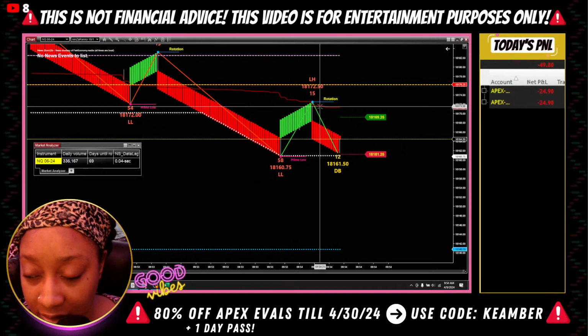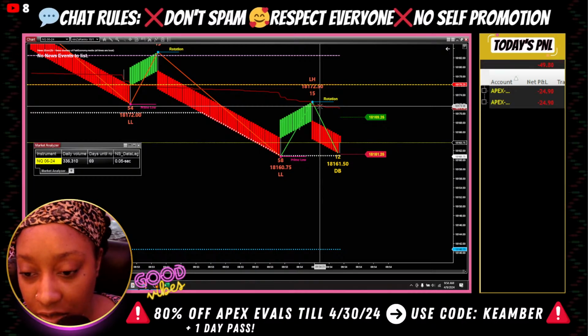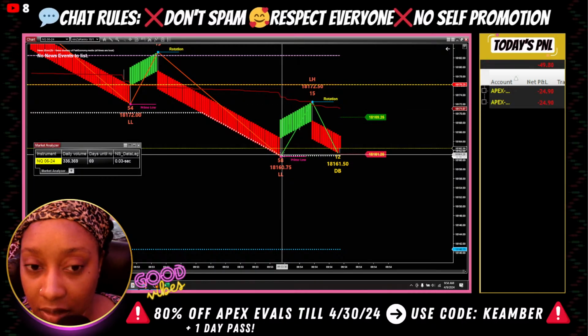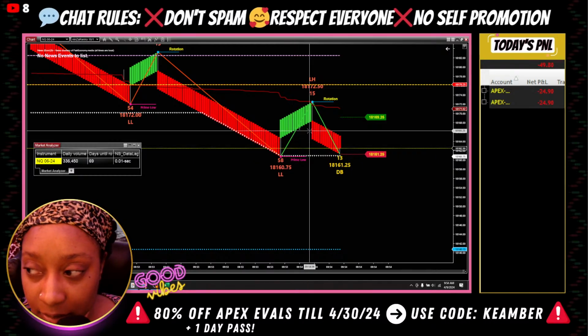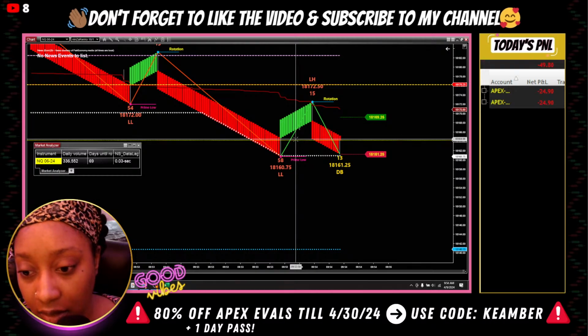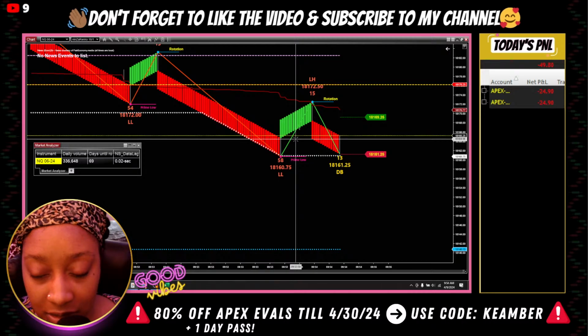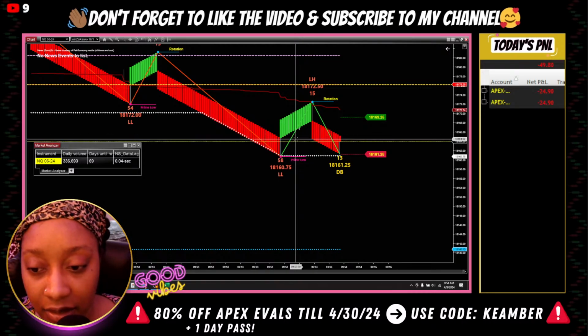So you see, and it's not just because we rejected off the VWAP. I sit through a VWAP touch all the time. But yeah, I didn't want buyer pressure to come in. And that's with any kind of divergence that I take. Whatever color the zigzag is at the time that I take it, I want it to stay that color throughout the entire duration of the trade. Otherwise, I break even.